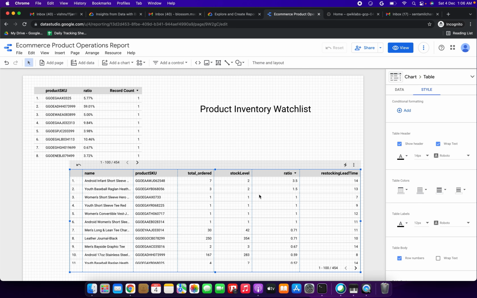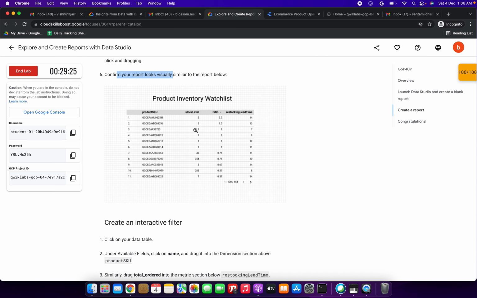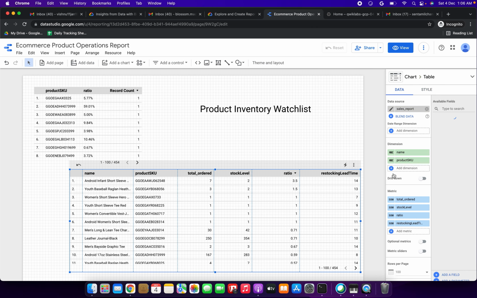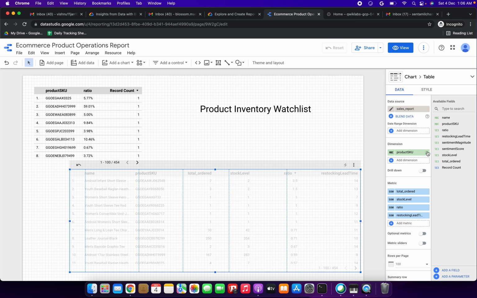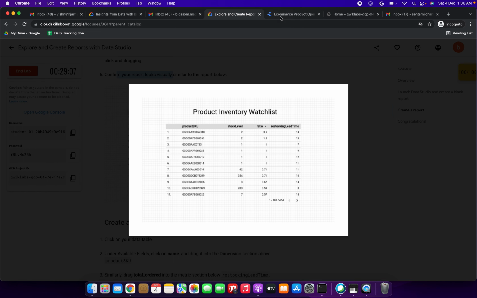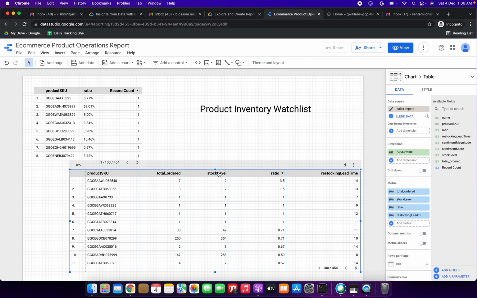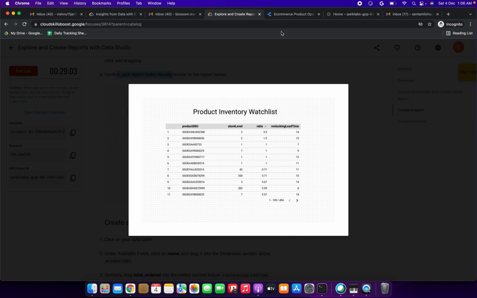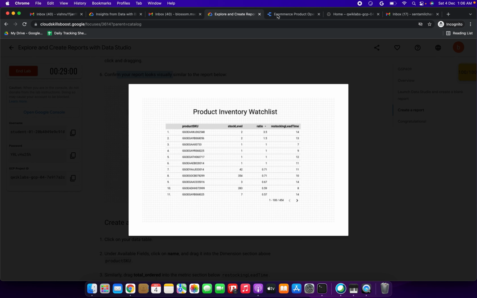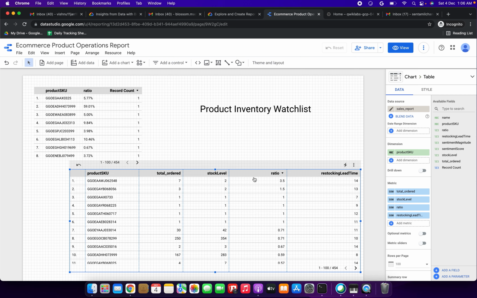So just click it here, and we need to cross verify whether we are getting the correct output results or not, like this. So I am removing this name, friends, because no need, right? Removing the name, and the ratio again, it should come in descending order. So if you are seeing 1 2 3 4 columns, it is coming product SKU, stock level, ratio, restocking. So total order was added unwantedly, so no need to worry. So I am leaving it because it's correct only, no need to worry.